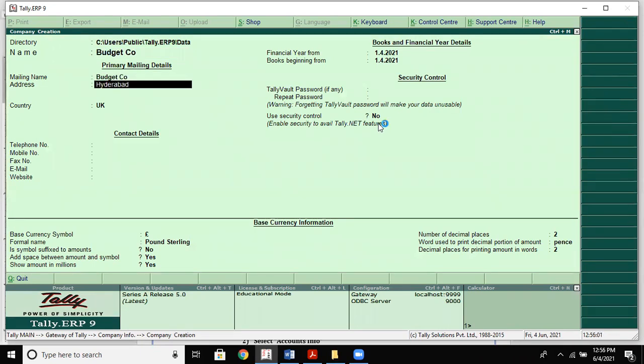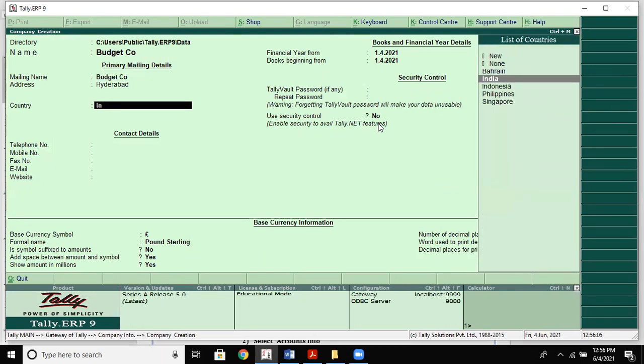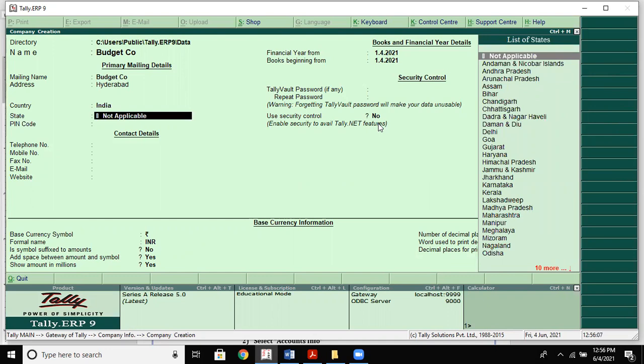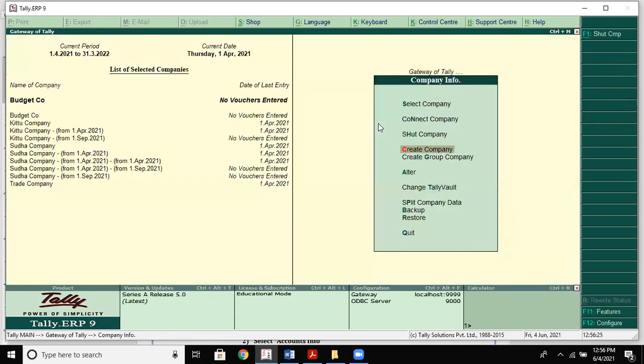Give the complete details of the budget. State, pin code, contact details, book starting from. So password, if you want to set, you can set, otherwise we can leave it off. I'm not setting the password. Enter, save, enter. Okay.